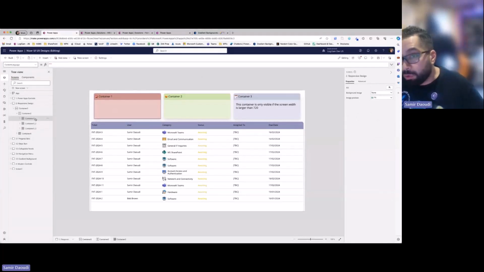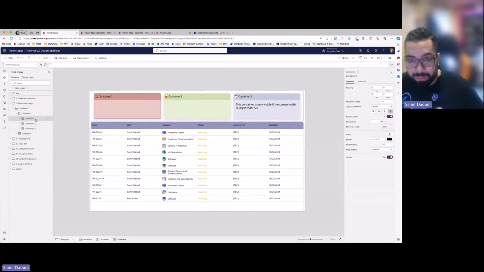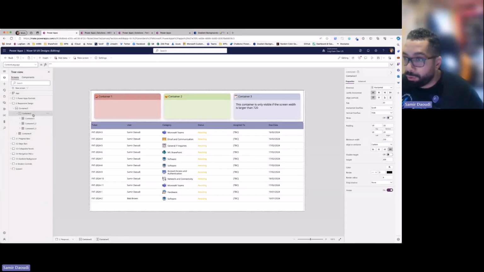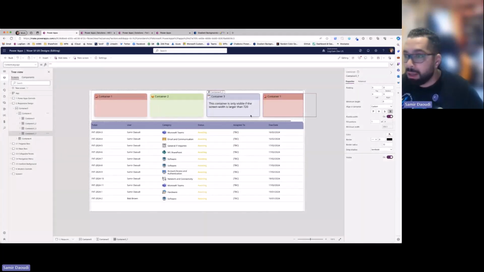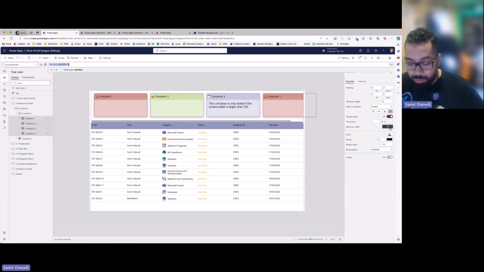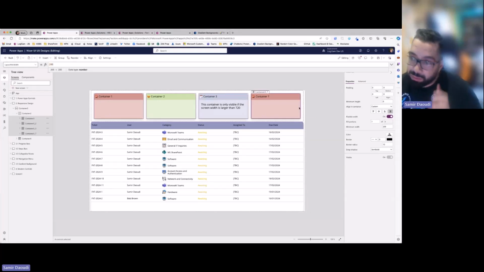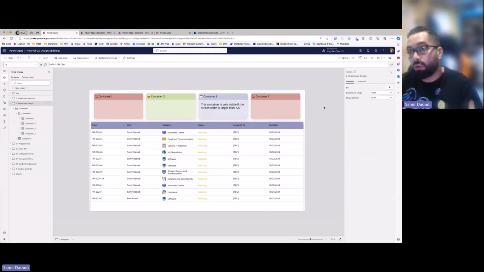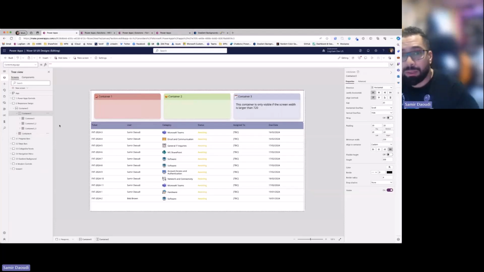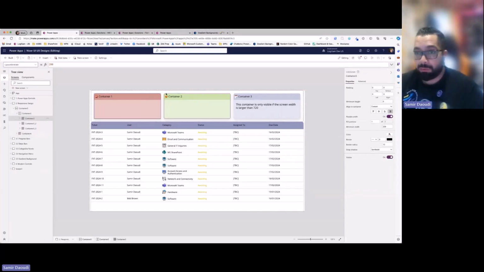If you don't agree with this, or maybe you want something more, let me show you. If I added a 4th container, you will see that they will be squeezed, and I get this progress bar because I have set the minimum width of those containers to be, let's say, 200. So now, if I have 4 items, they will take 1/4 of the available width. Right. Now, let's say you want something specific, and for container 1, I wanted it to take double the size of